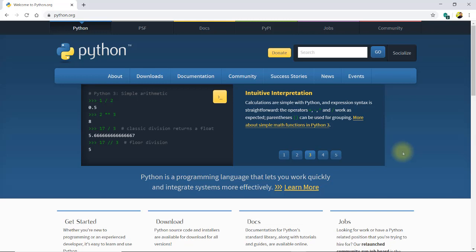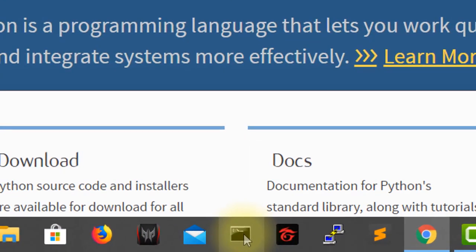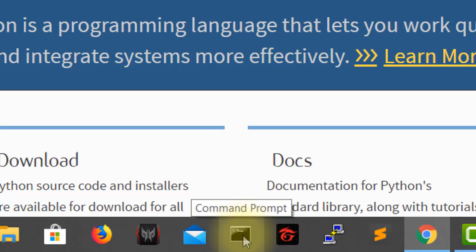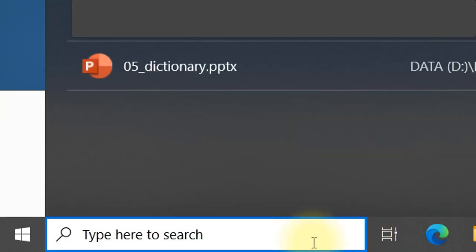Okay? So, paano natin gagawin yon? Maraming paraan kung paano kunin yung command prompt. Meron na ako kasing shortcut dito. I can simply click on the shortcut. Pero kung wala pa kayong na-set up na shortcut ng command prompt, you can go to your search box and